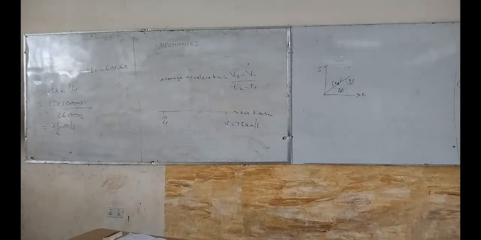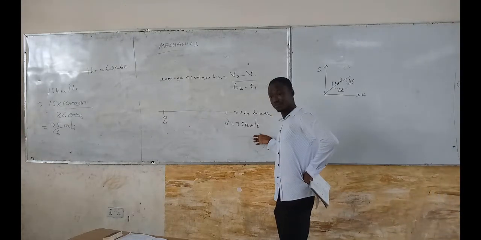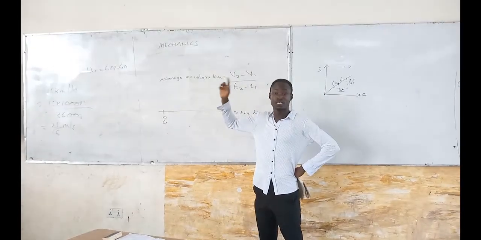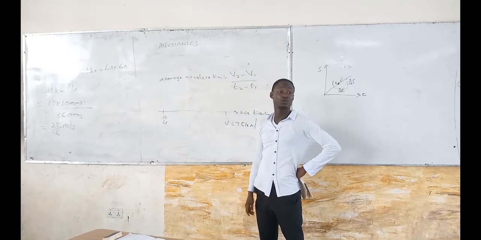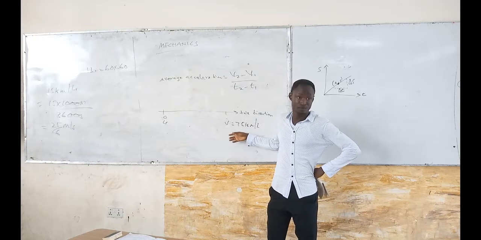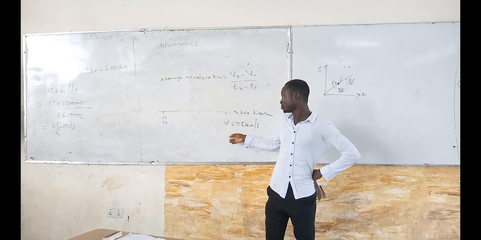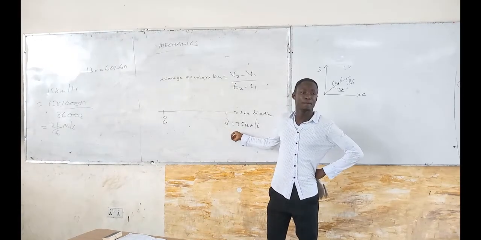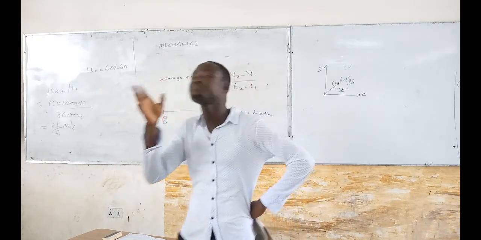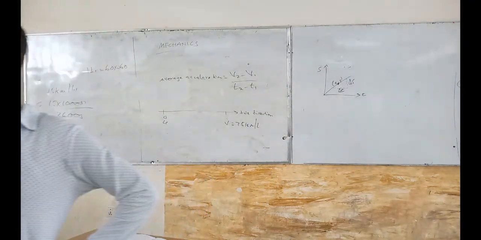If it is kilometers per hour, then the time is in hours. If it is meters per second, then the time is in seconds. So it all depends on you. Either you change this one to meters per second, but because this one is zero, that's zero. Every zero is zero, 0 kilometers per hour, so no change. But this one is a value, so the unit you can't ignore. 75 kilometers per hour. Which one should we change? You should change the time to hours.